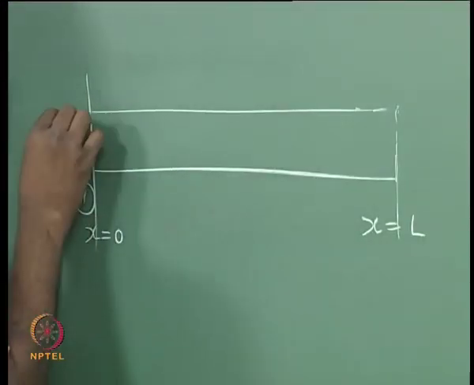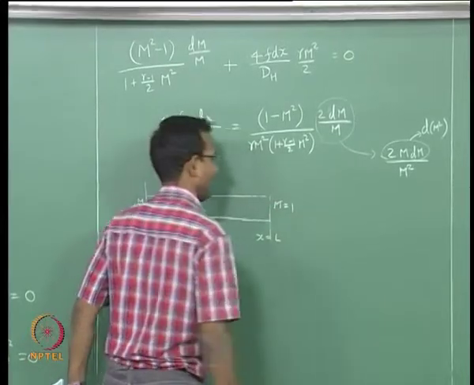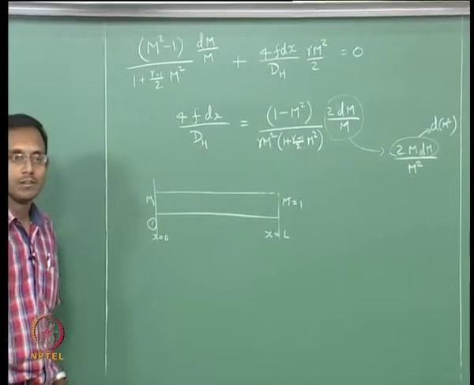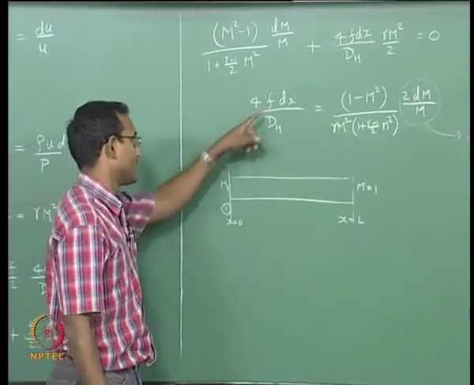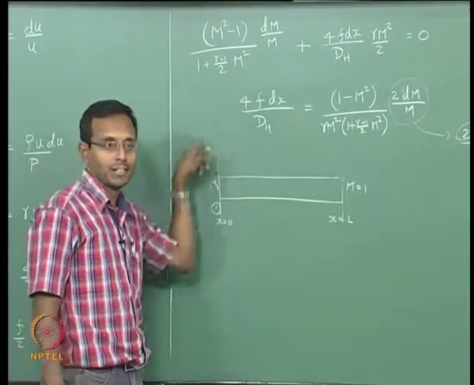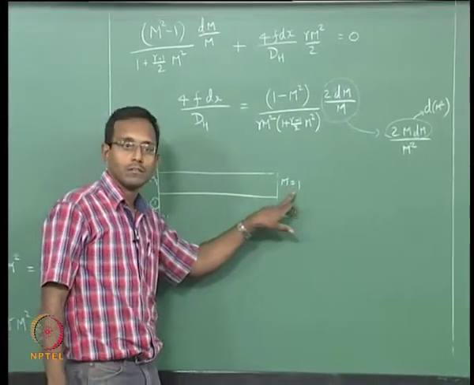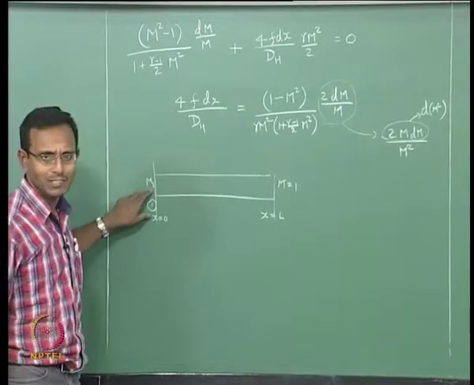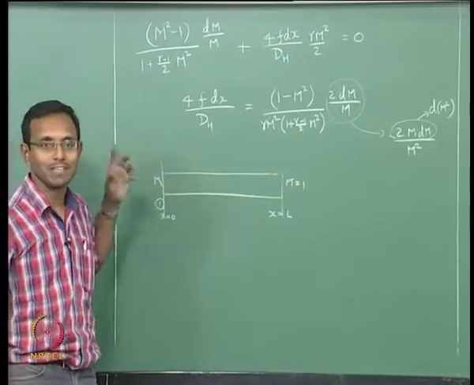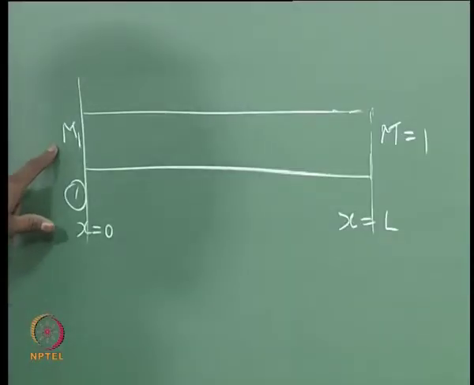and in this distance it started with M1 and ended with M equal to 1, that is what it is doing. So I am going to give these as my limits to my variables. x is going from 0 to L and I am integrating that, while M is going to go from M1 to 1. I will just do that whole thing. Instead of M1, I might as well use M later, I can just replace M1 with M, it is anyway a simple variable. What I start with, the starting Mach number, is my M1, that is all I am having.